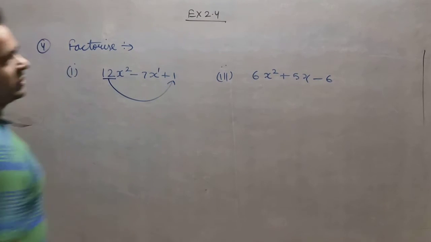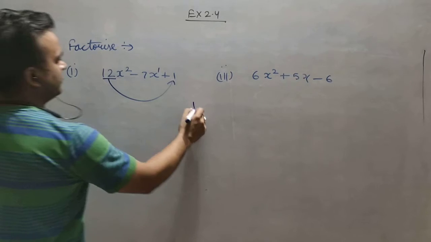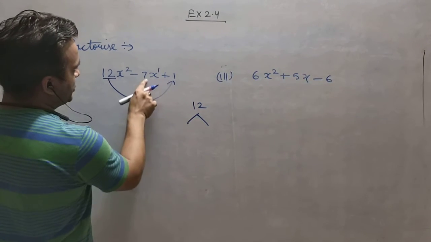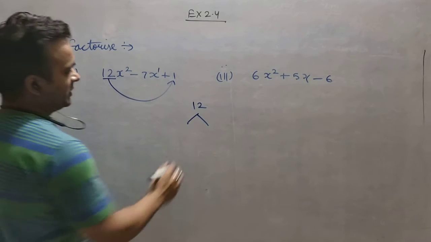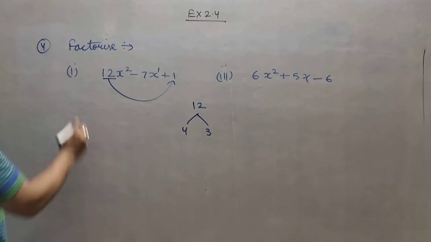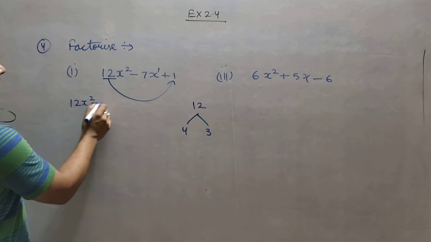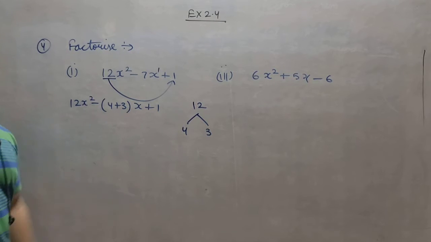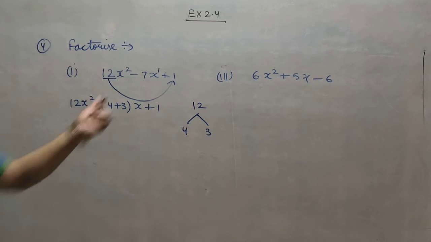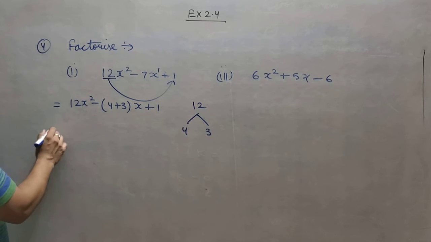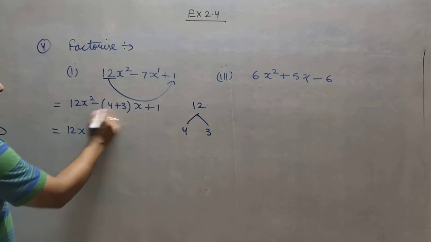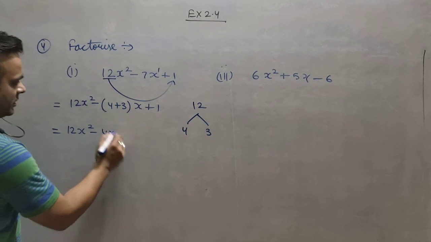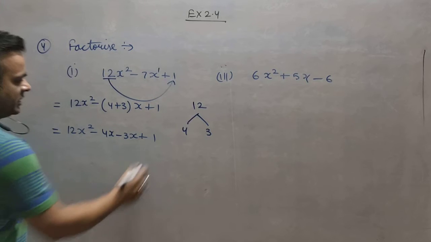Now next, we will multiply the first numerical coefficient and the last numerical coefficient. So the result is coming 12. And for this 12, we have to find two factors by which you are getting 7. So it means 4 and 3. So what we will do here, 12x square minus, in place of 7 we will put 4 plus 3. This is called middle term splitting. It means the middle term is split. So now it is 12x square and minus, this x will multiply here and this minus will multiply here from both sides. So it will be minus 4x, minus 3x and this one.